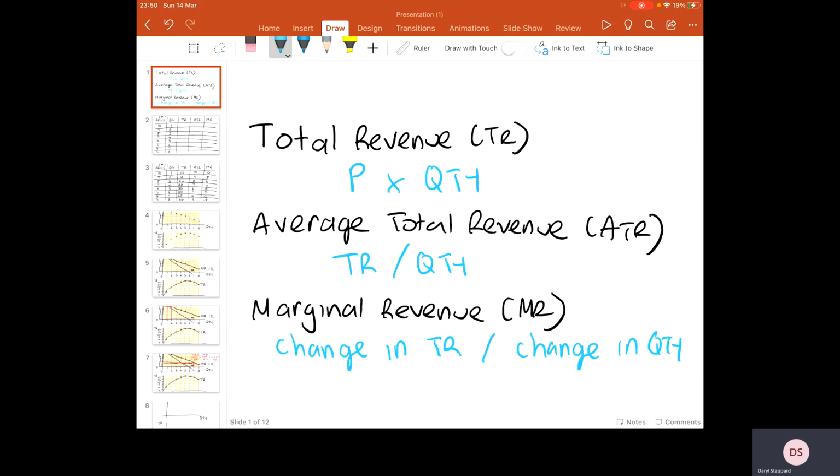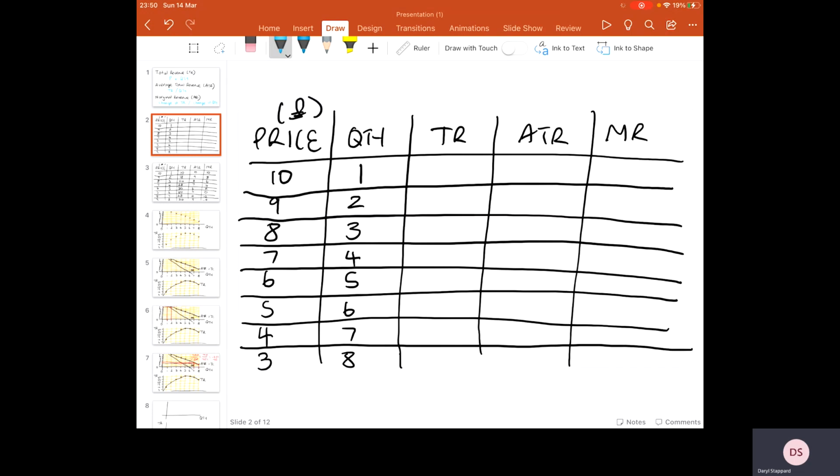Now, the best way of understanding this, though, is to show you a numerical example. So we've got here a business that is charging different prices for a product. So £10 all the way down to £3 for this particular product. Try and think about quantity as the quantity being demanded at these different price levels. What we would have expected, and what we always generally see through demand, is that when you lower the price, there will be an extension in demand. So if businesses want to raise demand for their products, they will often lower the selling price. So you can see that when this business lowers price from £10 to £3, demand will extend from 1 all